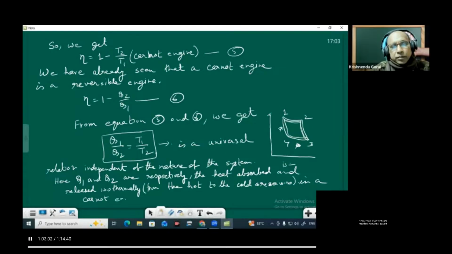Carnot engine, in a Carnot engine. Right? So to remember all these things. So therefore, equation 11.2, this equation